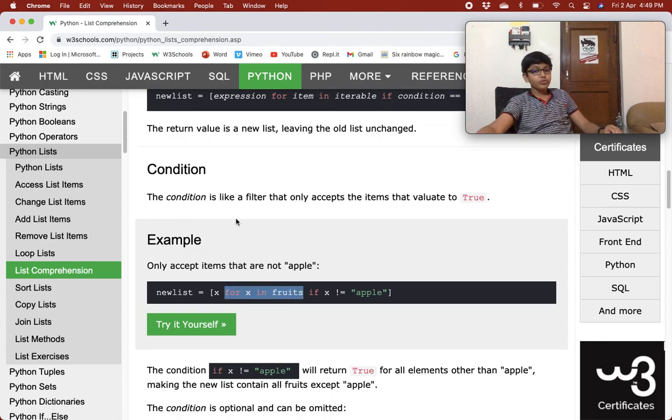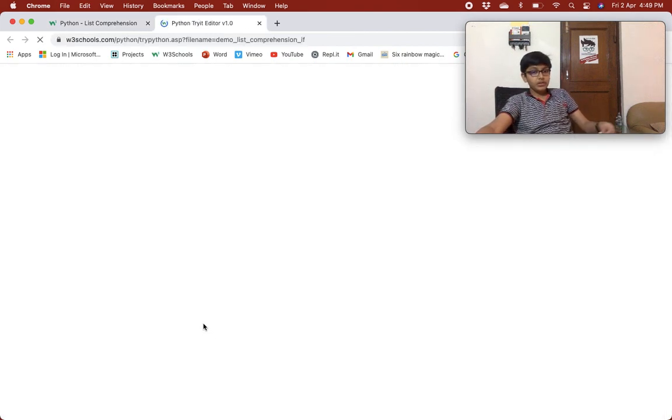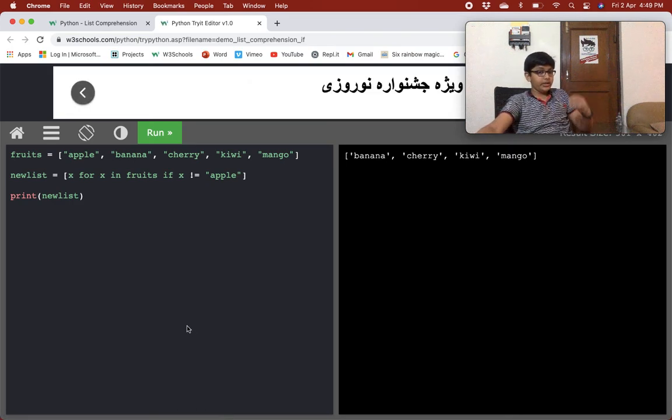So x in fruits. First x is apple, then banana, then cherry, then kiwi, then mango. It would check if x is not apple, then only it would go over here and append it. If it is apple, then it would just ignore that and continue with the loop. So the answer is banana, cherry, kiwi and mango.